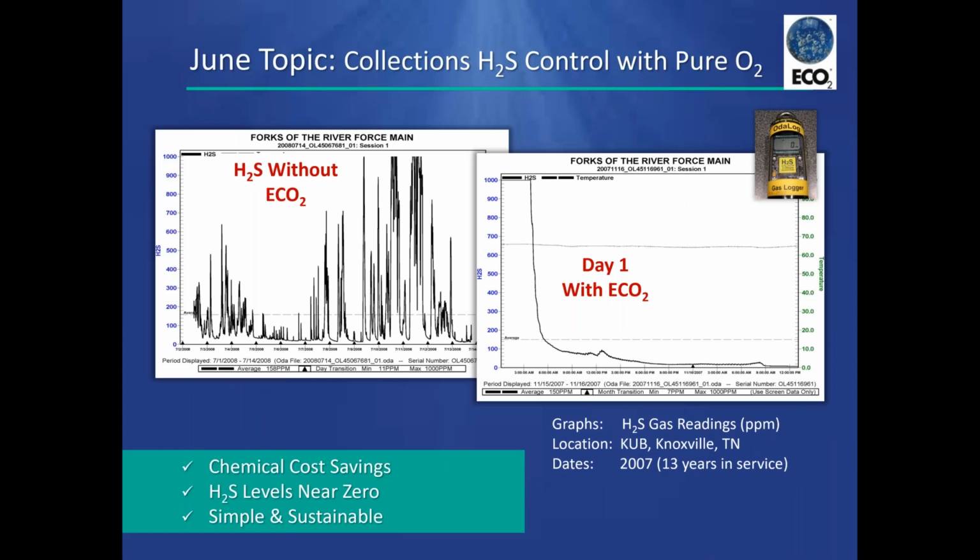Now, quick recap on what we talked about last month. The advantages of using oxygen over traditional chemicals are obvious cost savings, but then also results that are near zero. You can see here in the graph that may look familiar from last month, the H2S readings in parts per million on an odor logger hanging downstream of the treatment system are often over 1,000 parts per million, and they